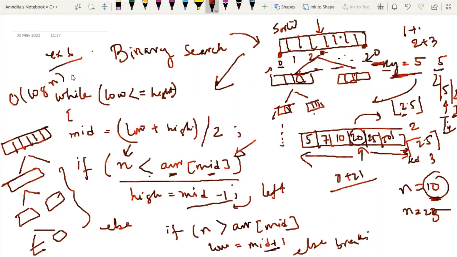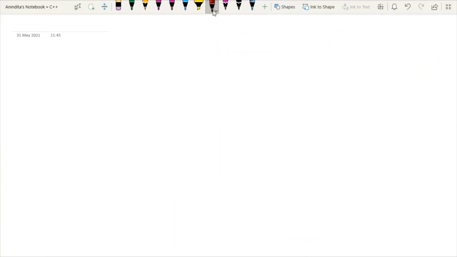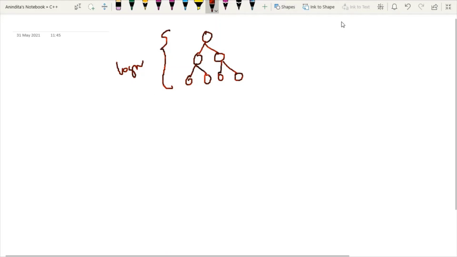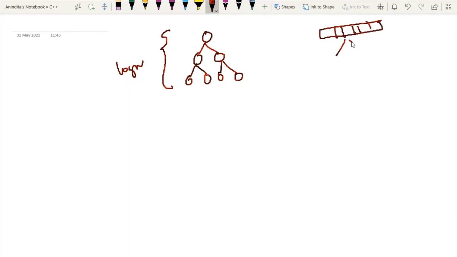There will be one question: why should it be log n? I have one justification. In data structures we have talked about the binary tree. Each time a particular parent has two nodes. Now, according to data structures, the height of the binary tree will be log n at any point of time. So in this case, say your node is replaced by one array, and each time your array is divided into two children, like this.